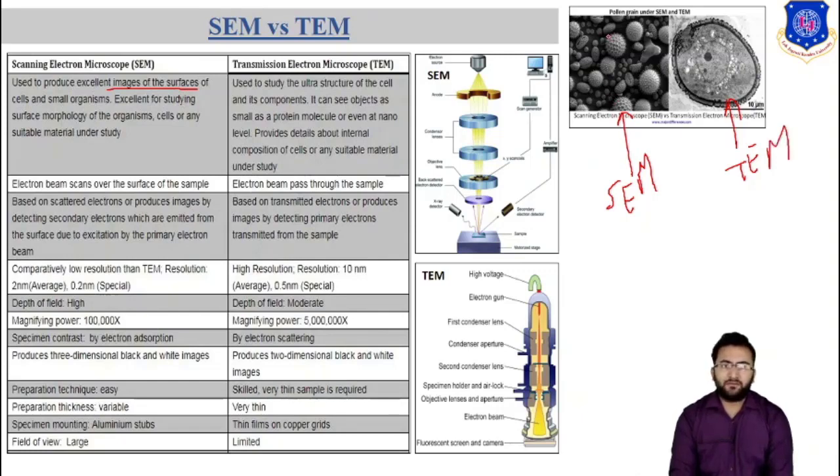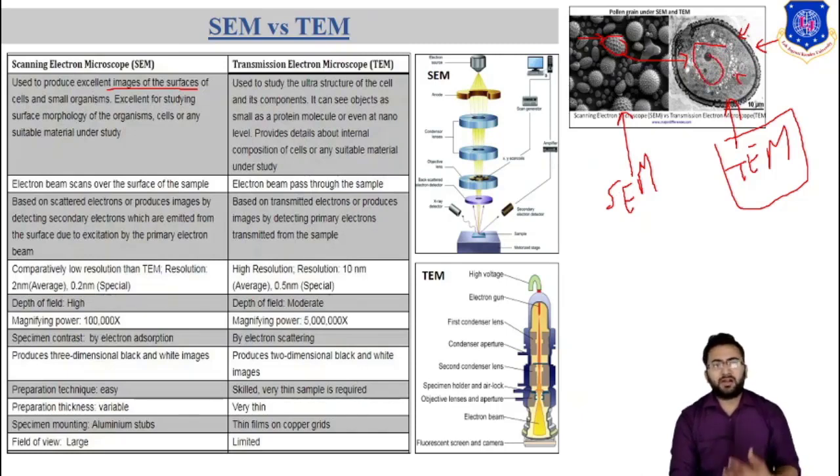So from the SEM we are just getting information about the surface, but using TEM we can get detailed information about this molecule. This is a detailed image of this molecule using TEM, where we can easily understand this is the wall of the cell and what is the inside structure of this cell. So TEM gets an ultra-magnified image compared to scanning electron microscopy, but it consumes higher energy compared to the